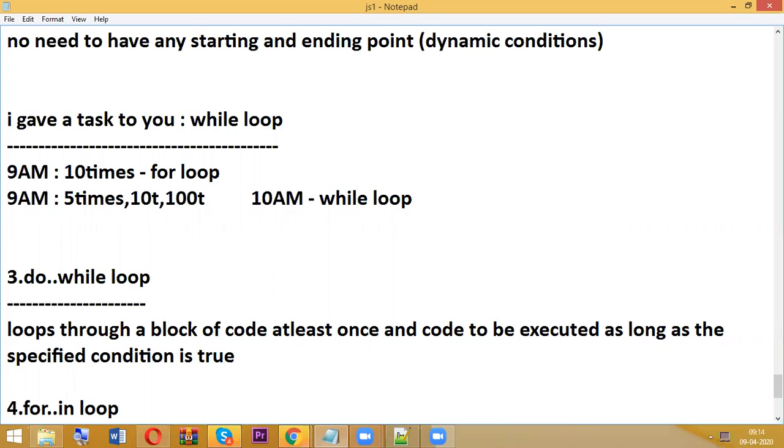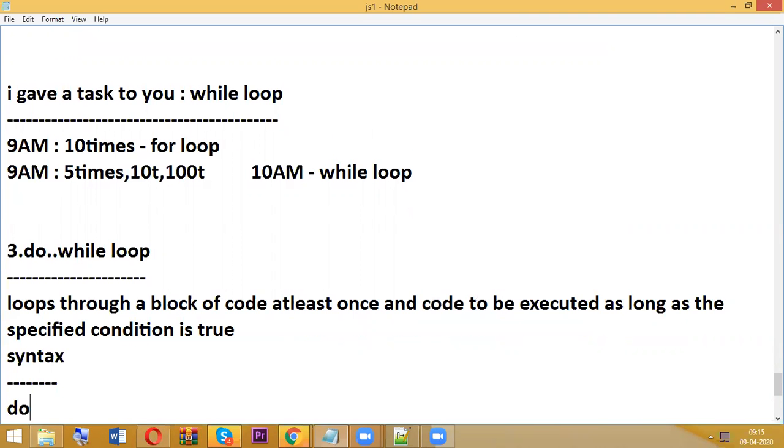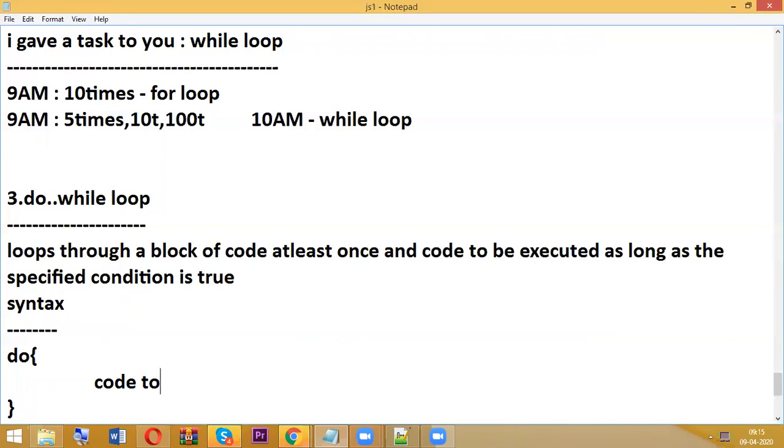So the syntax: do, and inside it the code to be executed, and here while.